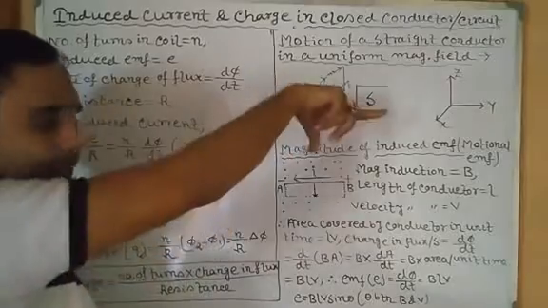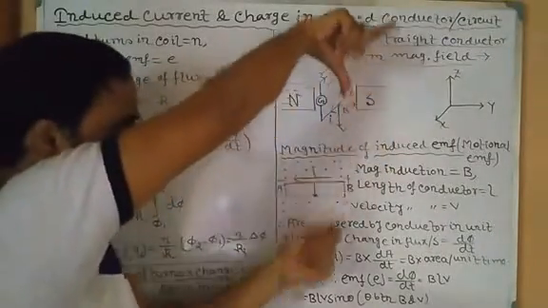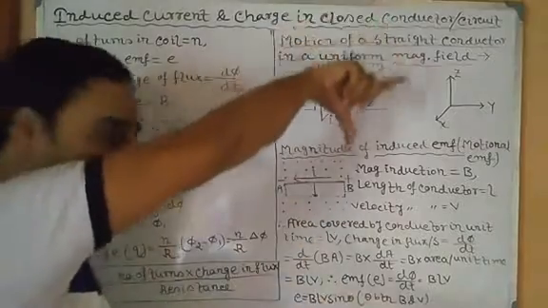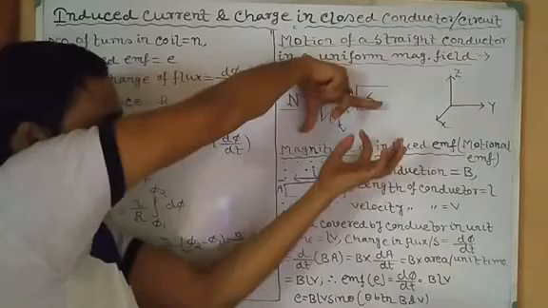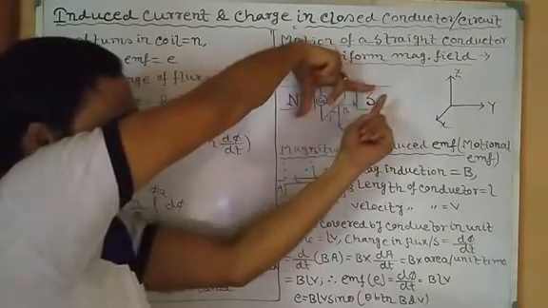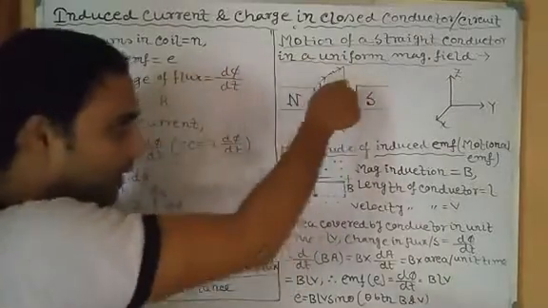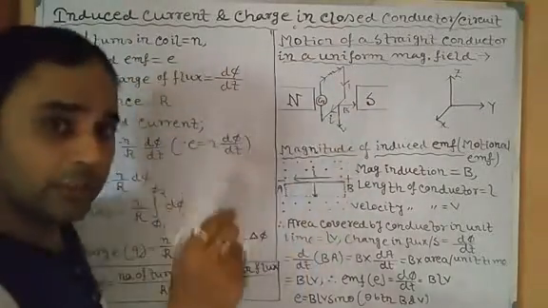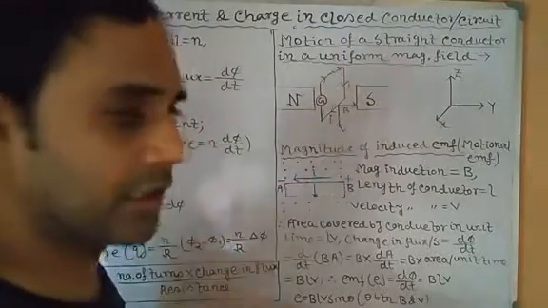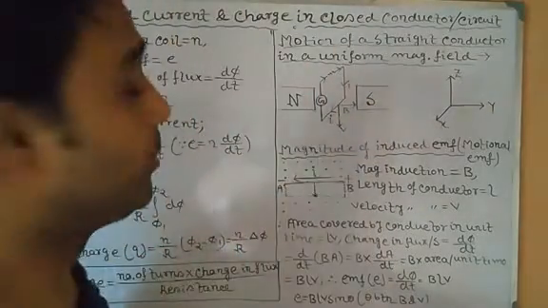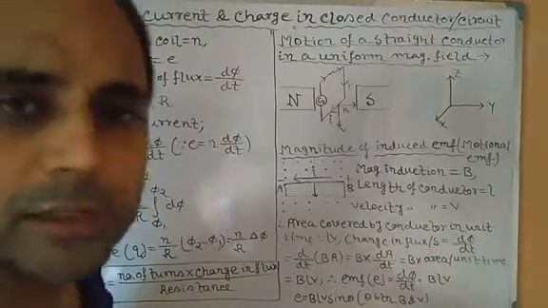Very clear. Index finger, direction of magnetic field. Right hand thumb indicating the direction of motion of the conductor, since initially it is moved in the downward direction. So the middle finger gives the direction of induced current. Just match it. Very easy. B, magnetic field, motion of the conductor, and direction of induced current. So when the conductor is moved in the downward direction, the induced current will be in the clockwise direction. If it is moved in the upward direction, obviously the direction of current will be reversed.